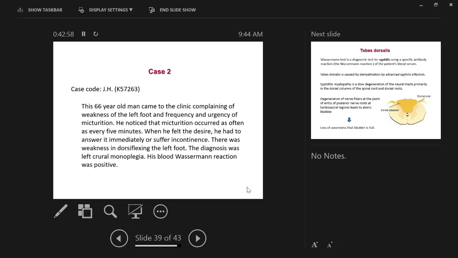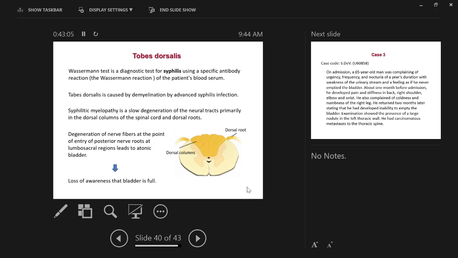The Wassermann test is most likely routinely performed in the hospital. That is a diagnostic test for syphilis using a specific antibody. So if the test is positive, currently or in the past, the patient has been infected with syphilis. By the way, syphilis causes a lot of neurological degeneration, and it's called tabes dorsalis because this